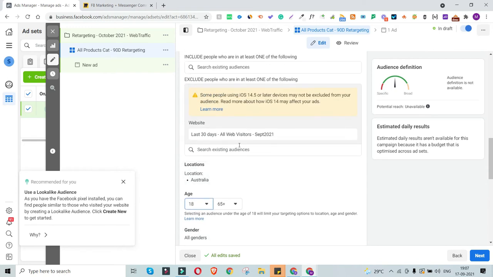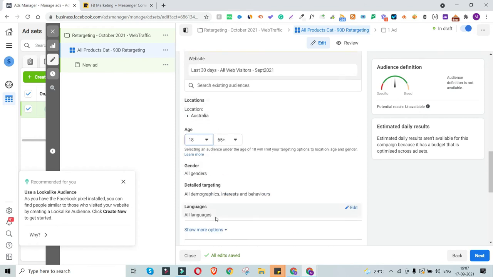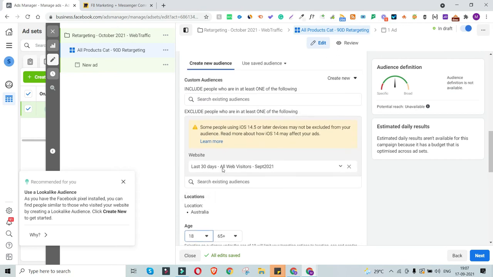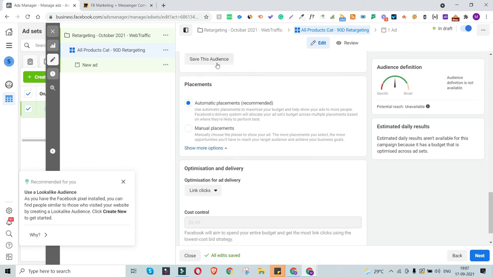Gender is not important because I already have a definition of my target audience. That means all the audience who have visited my website are my target audience over here. So I'll put it as it is, and then all demographics interested. I'll not select any of the filters over here because I want to show all my web visitors irrespective of all of these additional filters. So yes, that's all selected.